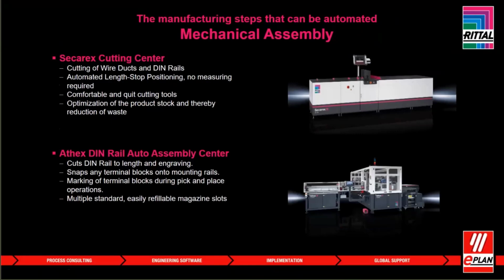And as I said, there are fewer customers out there that really have the volume of terminal block purchasing and use that might really utilize this machine, but we're just showing it to explain that we have a very wide offering to panel builders in terms of automating their processes. So I will just jump back to